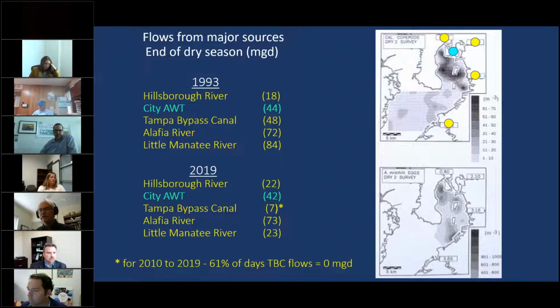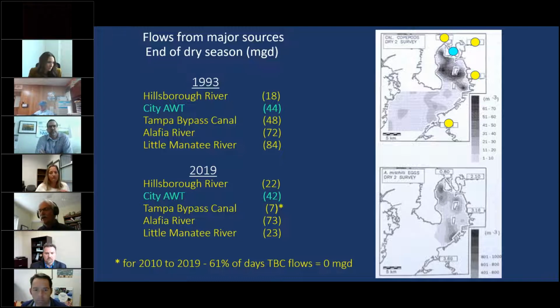But note the asterisk. I was able to obtain flow records for the Tampa Bypass Canal for a 10-year period from 2010 to 2019. For 61% of the days during that period, there was 0 flow from the Tampa Bypass Canal to Tampa Bay, which is due to the increased water supplies from that canal. I also was able to obtain records from the USGS for a period of 1980 to 1989. The median flow for that period was 41 MGD,